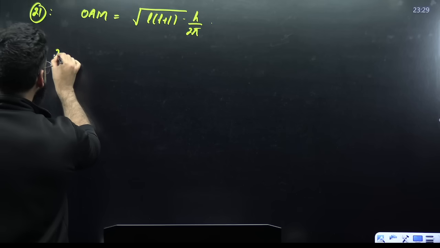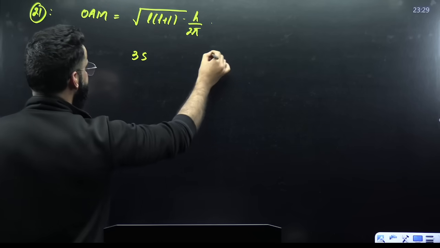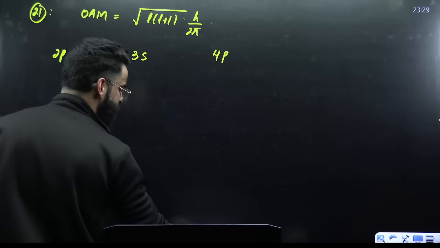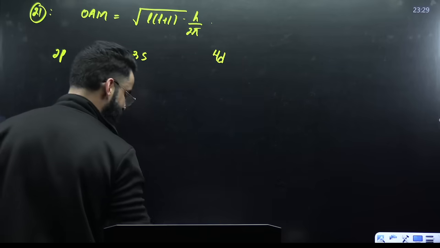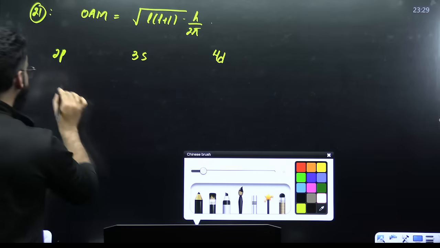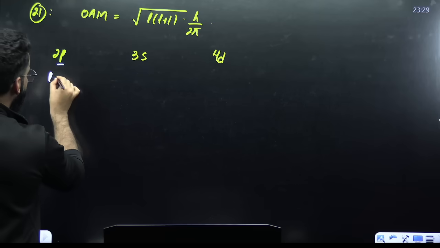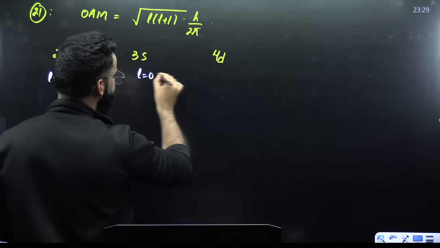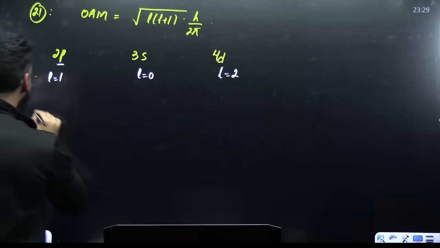They can give you, for example, 2p. They can give you 3s. They can give you 4d. And they can ask you to calculate their orbital angular momentums. How do you calculate orbital angular momentums? Understand. For p subshell, the value of L is 1. For s subshell, the value of L is 0. For d, value of L is 2. Now, formula